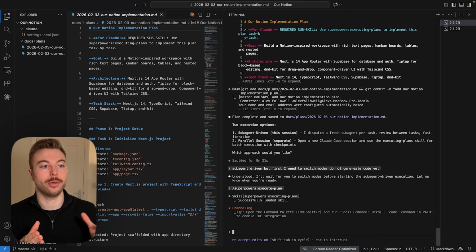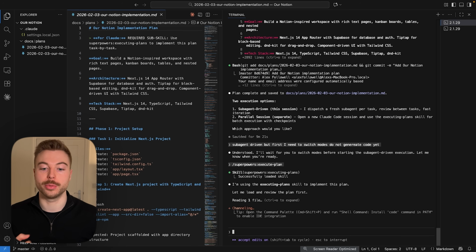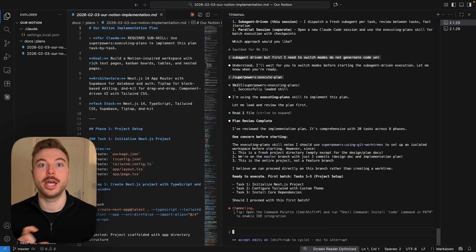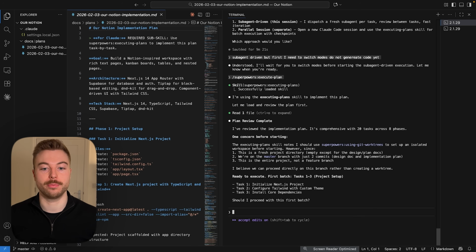It should go through and read all of the context from the design plan that we've got and the implementation plan, which it looks like it's doing now. And then it should start going through and actually executing it for us. This is why we want to switch between the different modes, just because, of course, they're all optimized to get specific outputs. As we can see here, it's got 20 tasks across 8 phases,